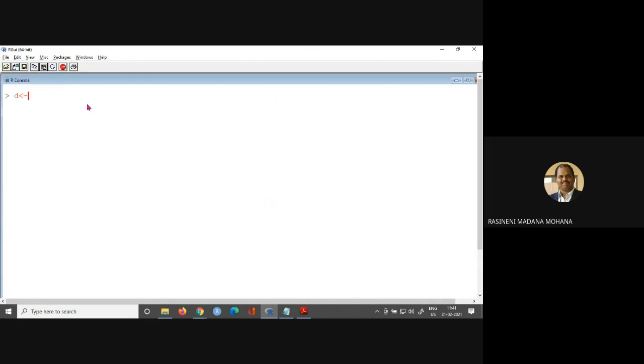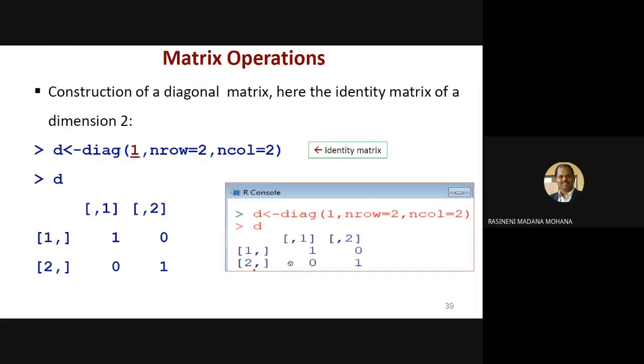So d equal to diag, taking the identity matrix with value 1, then nrow equal to 2 for a 2 by 2 matrix, then ncol equal to 2. Now call d here. See, this is the diagonal matrix. So this is one operation.